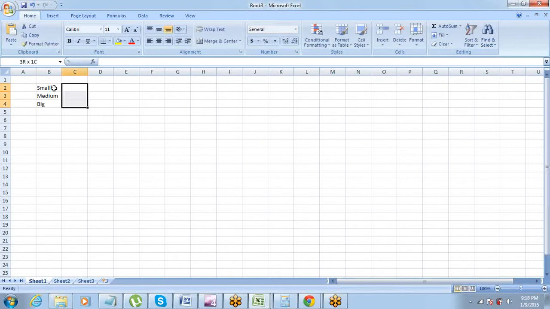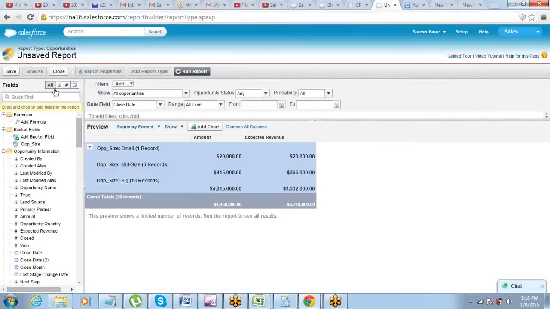Okay, so now we just have one value for this, but if they say that okay, out of these how many are prospecting, how many are at negotiation, fine, how many are closed, one, how many of them are closed, lost. So now this becomes a matrix. So far it was summary in case you just needed one value corresponding to each of these group field, but now it becomes a matrix. So matrix format is summarizing your data on two different axes.